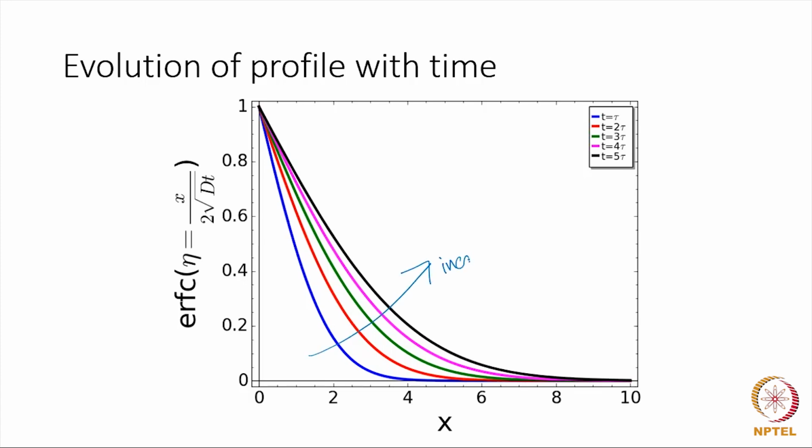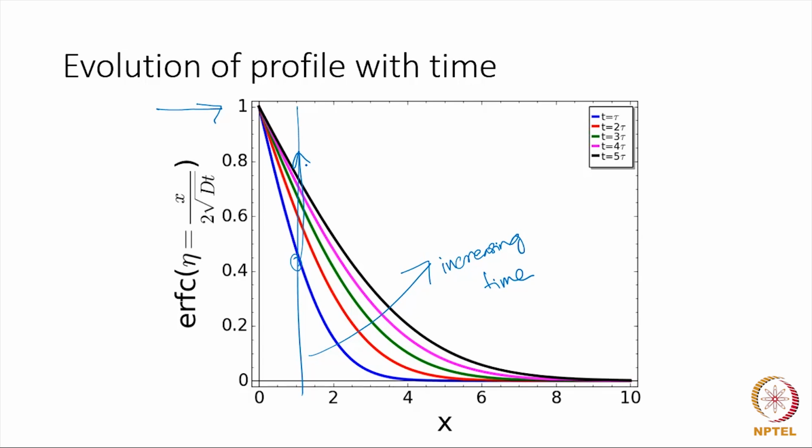So with increasing time, you can see that the error function is behaving quite logically, as we would expect for the solute profile, because as the solute keeps coming into the domain, you would expect that at any position the composition should go up, and that's what is actually shown by the error function profile. Okay, and we can use this to determine the case depth in the case of carburizing of steels,